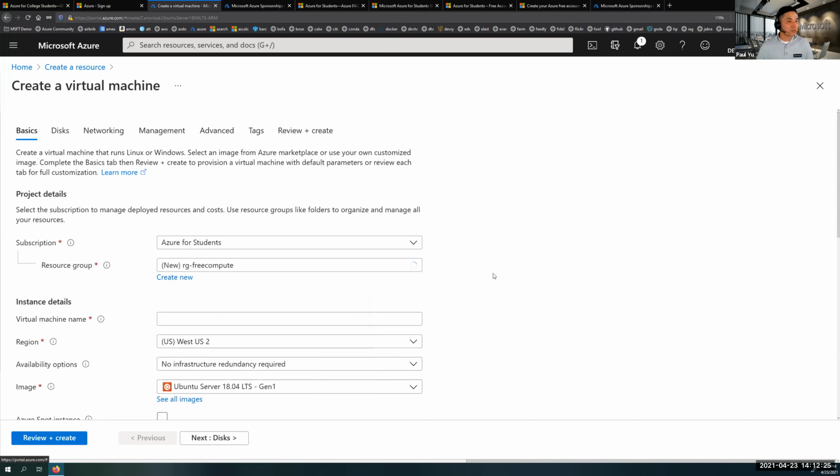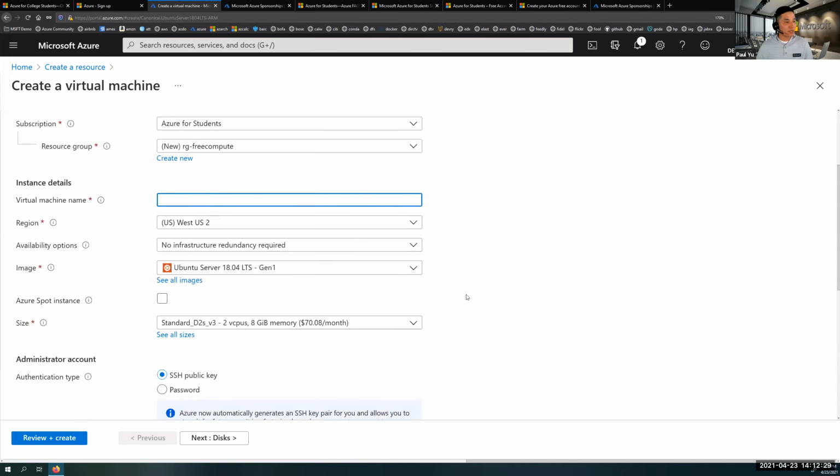And so I will create that resource group, and then I will pick a virtual machine name, my free VM. How about that? So my free VM will be the name of my virtual machine,